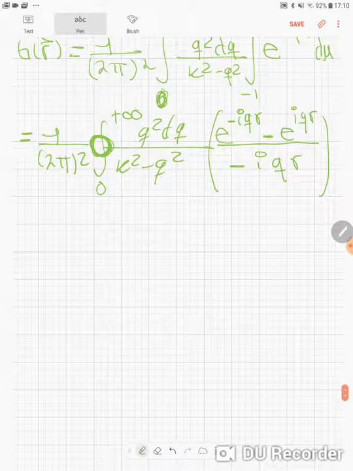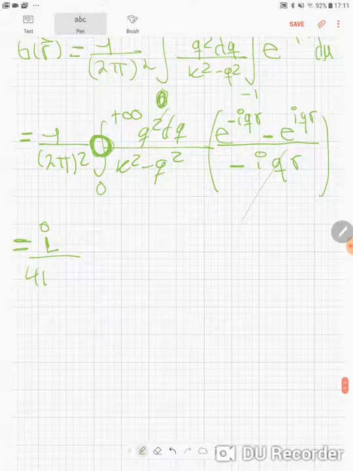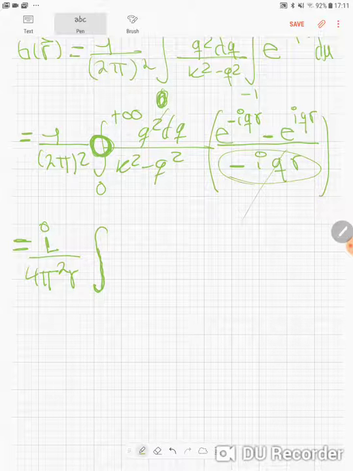Now what we're going to choose to do is cancel this q with this q. Okay, we're going to put this i upstairs, and we're going to move this r outside, so then this is going to look like i divided by 4 pi squared r. Now we have moved everything outside, and there we're just going to keep the integral around